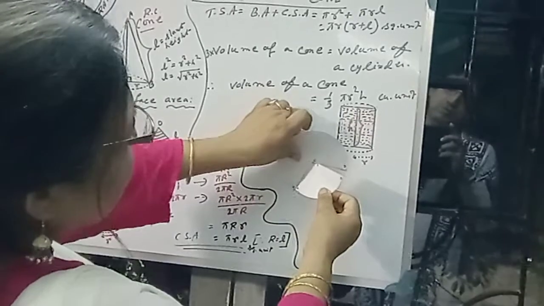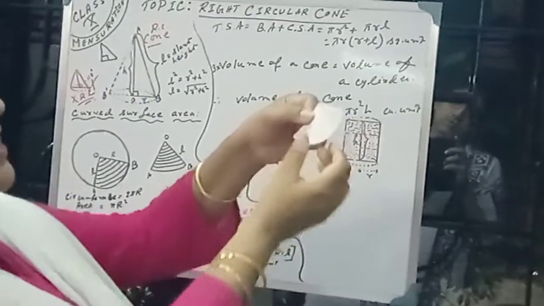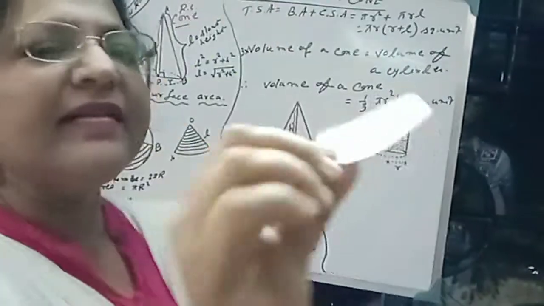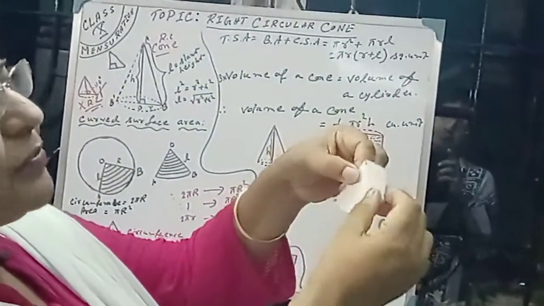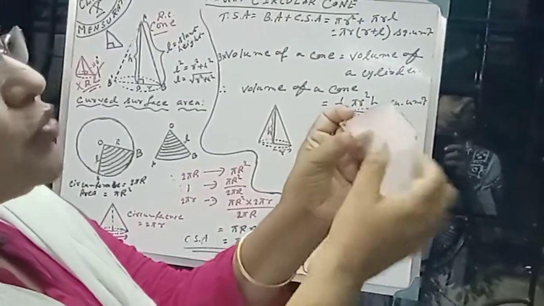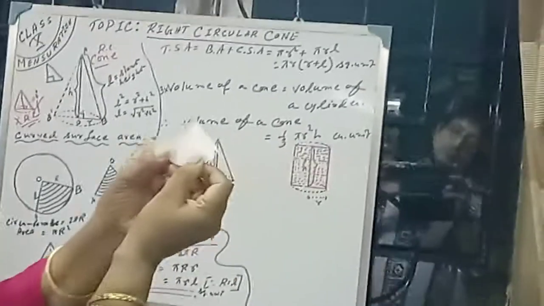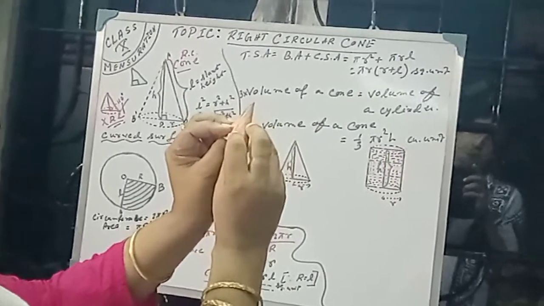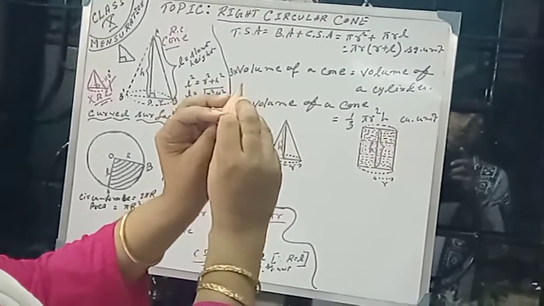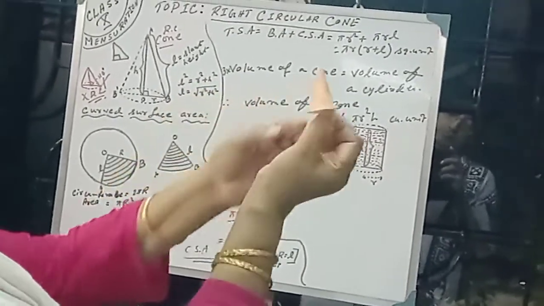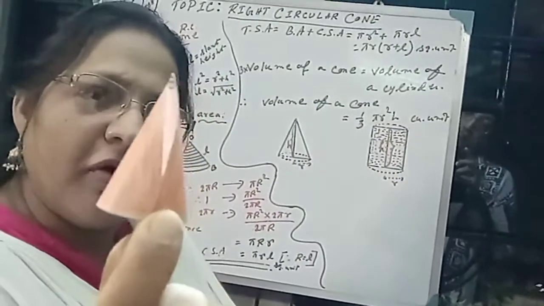This is the cut out part, O, A and B. Now if we join A and B, these 2 points will coincide, just like this, and O will be at the same point. Only A and B will coincide, and it will look like this. This is a cone. We have formed a cone.